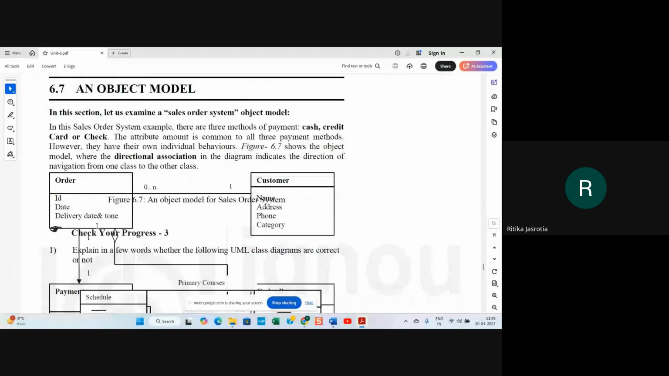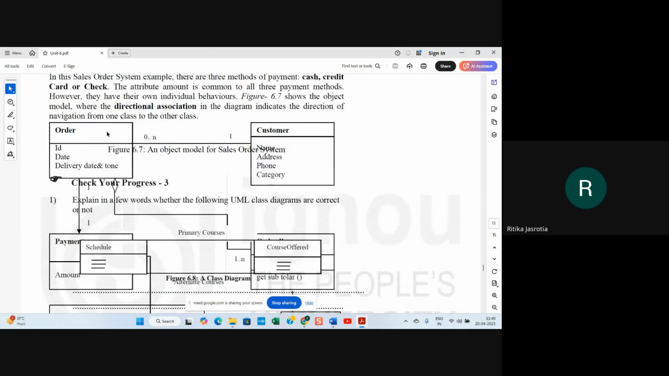Now they are talking about an object model. In this section, let us examine the sales order system object model. In this sales order system example, there are three methods of payment: cash, credit card, or check. The attribute amount is common to all three payment methods. However, they have their own individual behaviors. Figure 6.7 shows the object model where the directional association in the diagram indicates the direction of navigation from one class to the other. So if you say order, customer, payment,